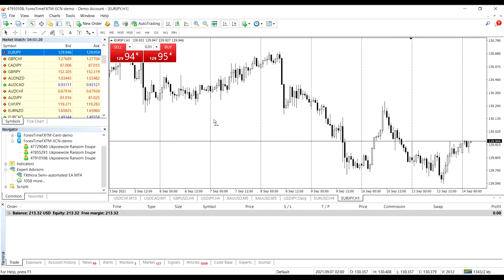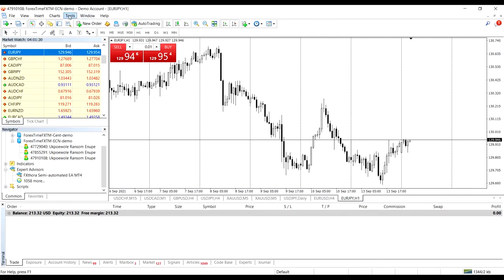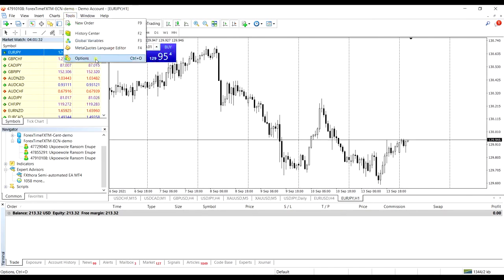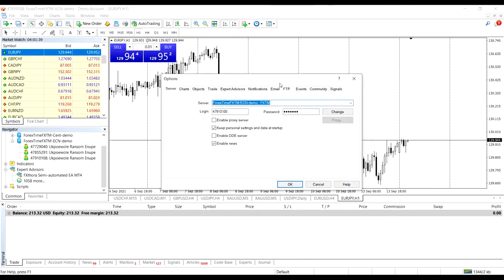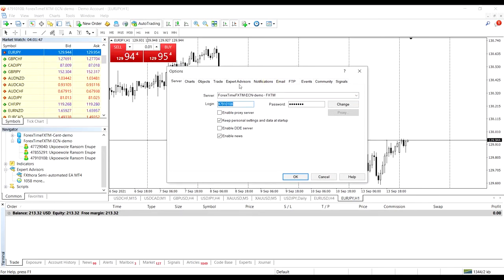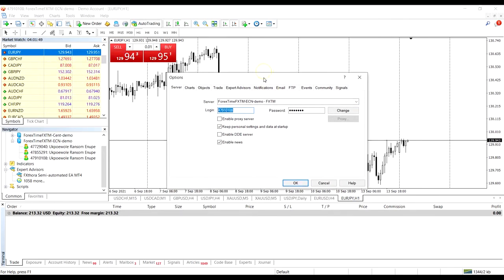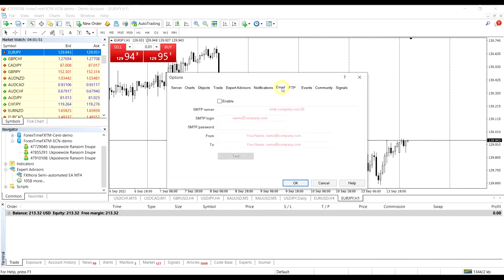That's the platform where you'll be using the robot. So this is my MT4 platform, and the next thing I'm going to do is go to tools and then options. When I click on options, you see that this opens and you see the server name, and then the login details for the account you logged into. What I want you to do is go to email.